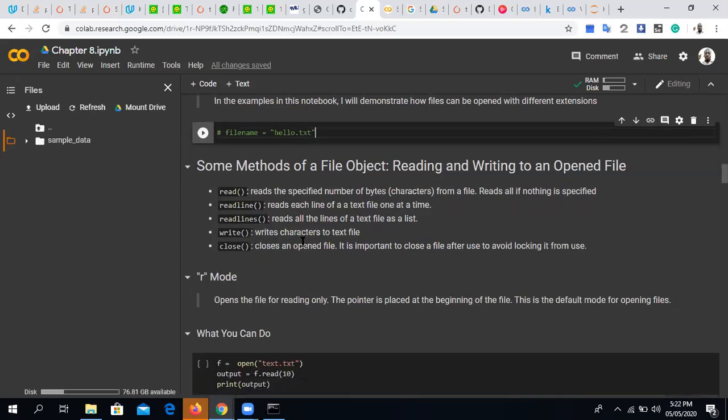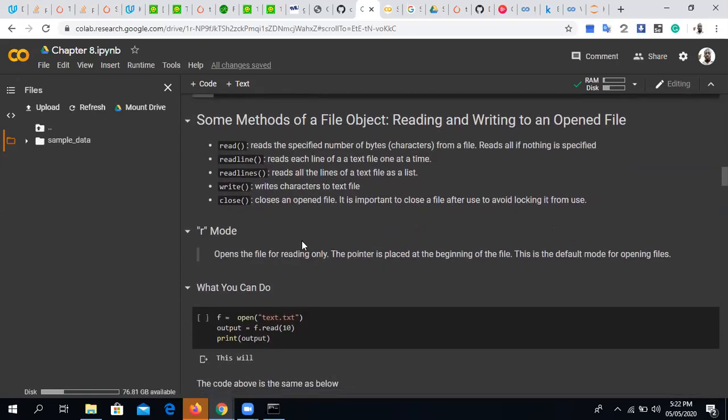Then we have write that simply writes characters to the text file. Then we have close, which I have said is very important. Any file you open, you must close it. If you don't close it, there are two likely effects that I know of. It's either the last write operation you do on the file does not reflect in the file, or